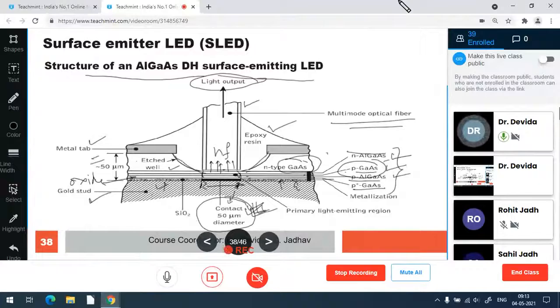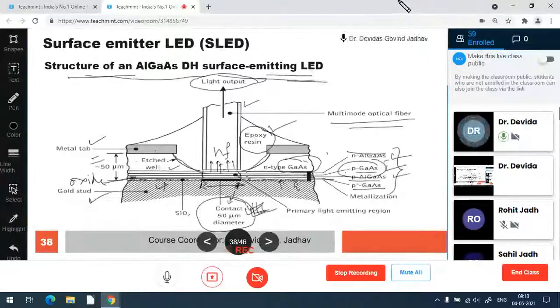All this structure, the metal tab, gold stud, all the five layers in the well, and the optical fiber structure connected to this, is fixed in epoxy resin, which fixes the total structure to give mechanical stability. Okay, so this is the structure of the AlGaAs double heterostructure